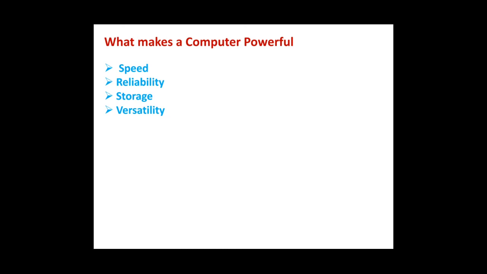First is speed. The computer works very fast. Yes, if we compare to our speed, the computer definitely works very fast. Second is reliability. They are quite reliable. If we don't give any wrong input, almost always the computer gives us the right output. If there is a mistake in the input, then there is no guarantee. But yes, if you have given 100% right input, you will definitely get the right output.